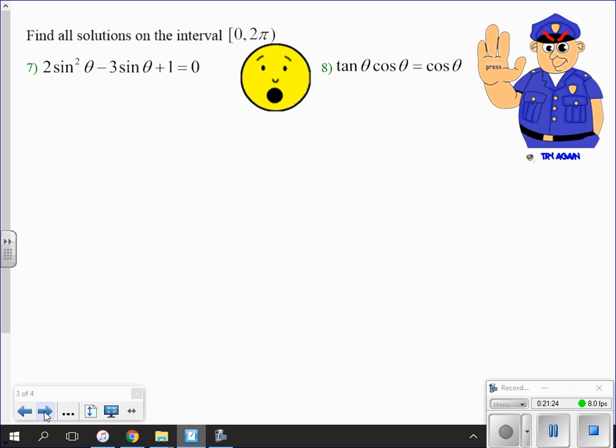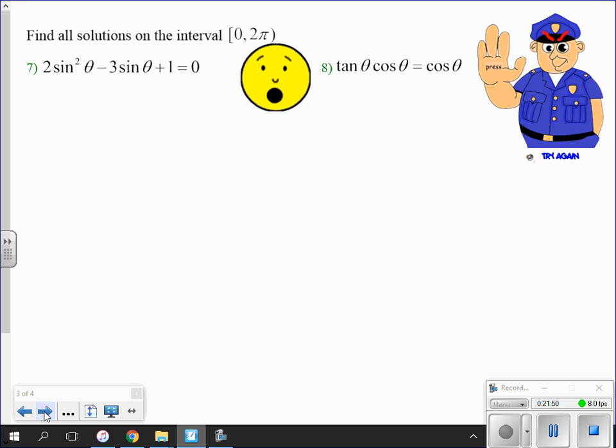So am I listing an infinite number of solutions? No, I'm not listing an infinite number of solutions. I'm just coming up with all possibilities between 0 and 2 pi, including 0. So I don't have to worry about the plus 2n pi or any of that. My restrictions are within the unit circle. Anything in the unit circle, it'll work. So the first one, oh, hey,